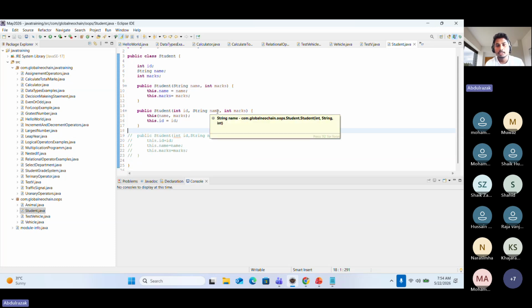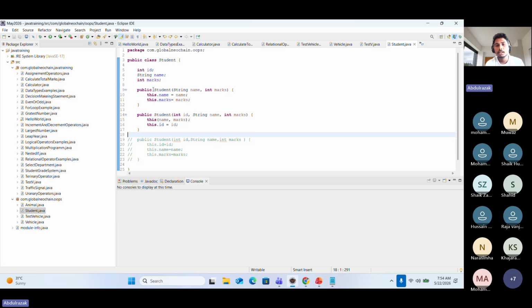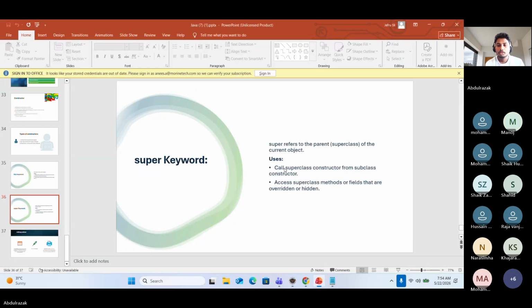The main difference with this and super is this belongs to current class object, super belongs to parent class. That is the main difference. So use cases: calls the superclass constructor from the subclass, access the superclass methods or fields that are overridden or